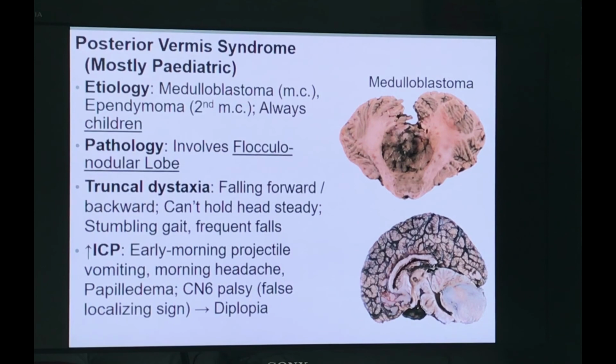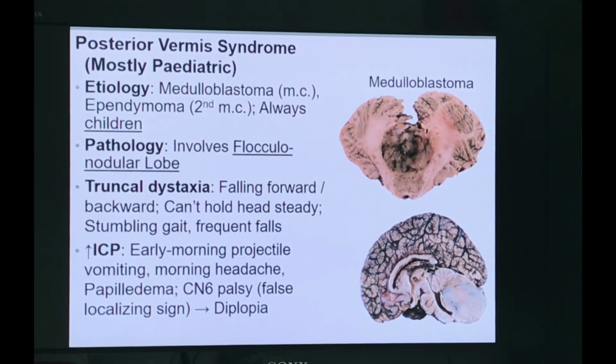And they also present with papilledema, which is an optic disc swelling mainly caused by increased intracranial pressure. And they also present with abducens nerve palsy. So now you might be thinking, how come the abducens nerve is related over here? This is a false localizing sign, where the dysfunction is distant from the site of the pathology. The pathology is near the cerebellum and the ventricular area, but the child might present with this palsy.